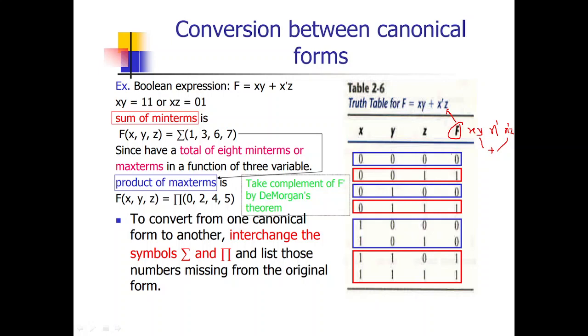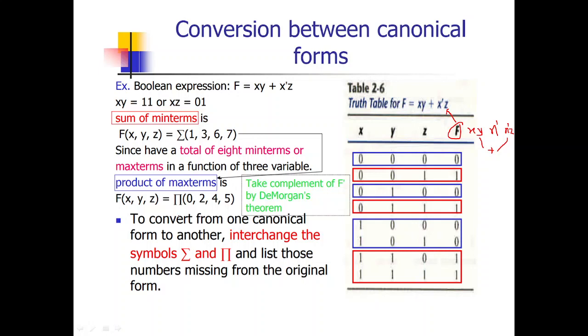So here, as already discussed, the sum of minterms can be considered with the Boolean function having the value 1, right? Those minterms have to be considered. So here we have the value 1 which takes the minterm 0, 0, 1. 0, 0, 1 is m1, right? And here is 1, that is 0, 1, 1. 0, 1, 1 is m3. And here is 1, that is 1, 1, 0. 1, 1, 0 is m6. And here is 1, that is triple 1. Triple 1 is m7. Okay, so this is the sum of minterms.